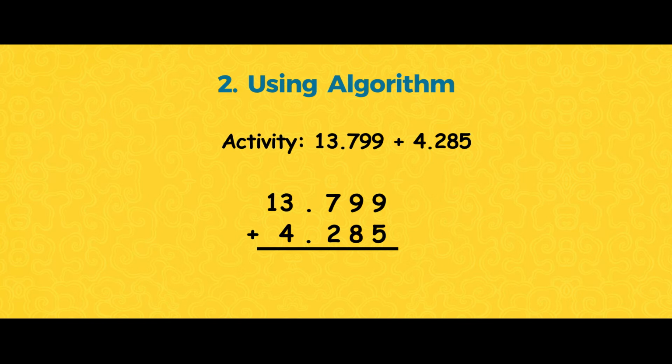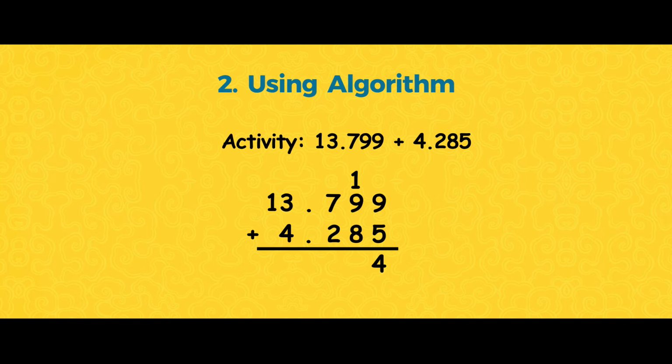That is a 2-digit number. So you just keep the 4 thousandths in its place, and then take 10 thousandths to the hundredths place. There you have 9 plus 8 gives you 17. And you have to regroup the 1 that you have brought from the thousandths place. So that will make